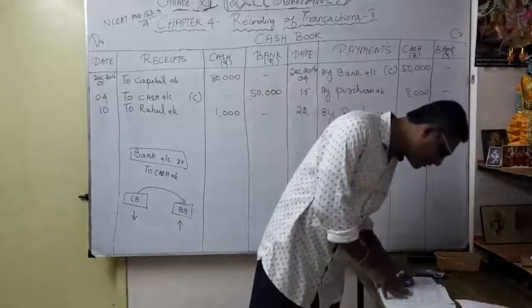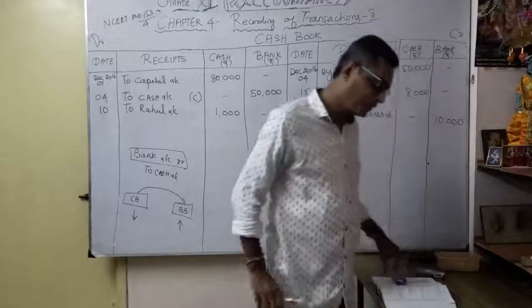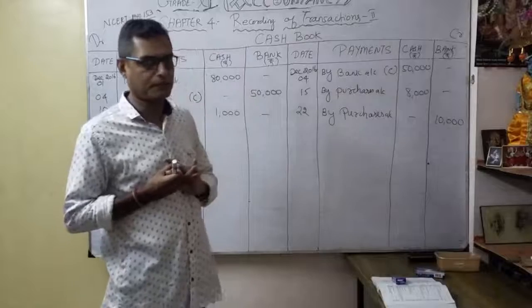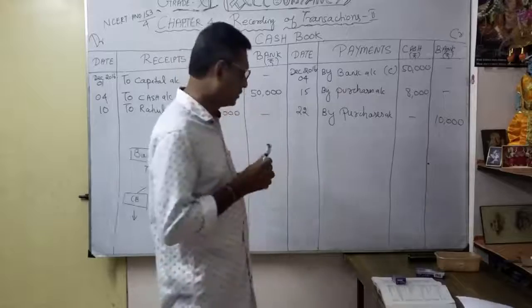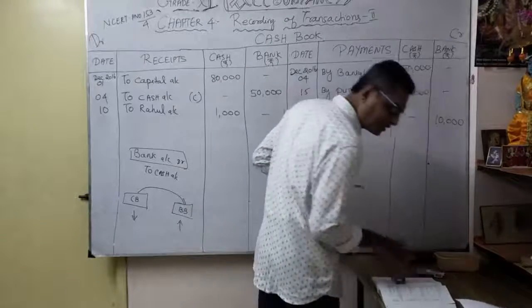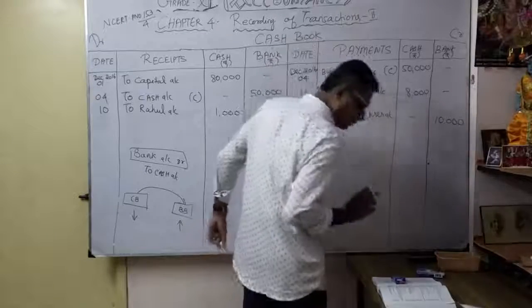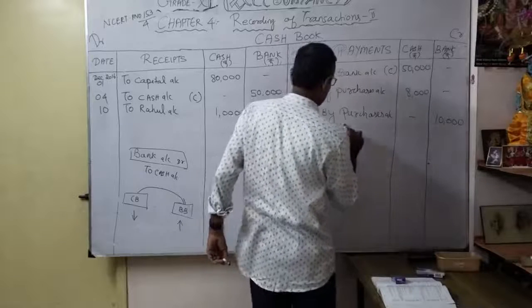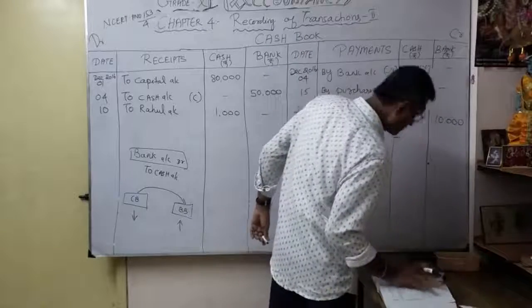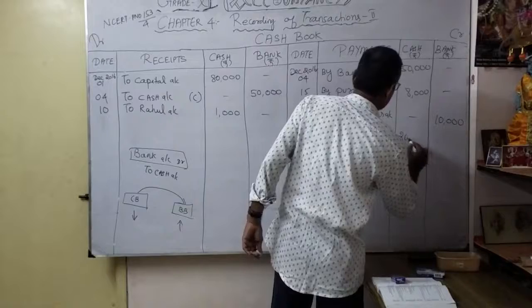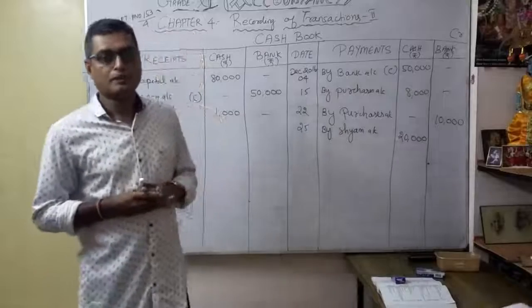Then what is the next one? Next is C. Paid to Shyam by cash 20,000. Again, paid to Shyam by cash 20,000. Here payment was given to Shyam. So by cash. So what is the entry? Shyam account debit to cash account. So I have to write, what is the date here? Date is 25. By the name of the person whom we paid, Shyam. By Shyam account. Shyam account, how much? 20,000. So cash transaction. Payment is cash. Correct. I paid Shyam in the form of cash.